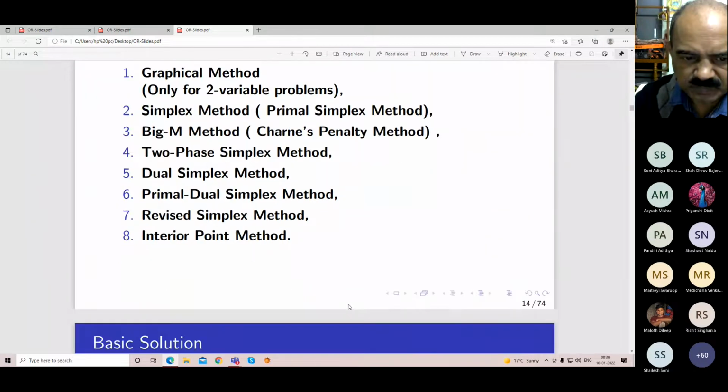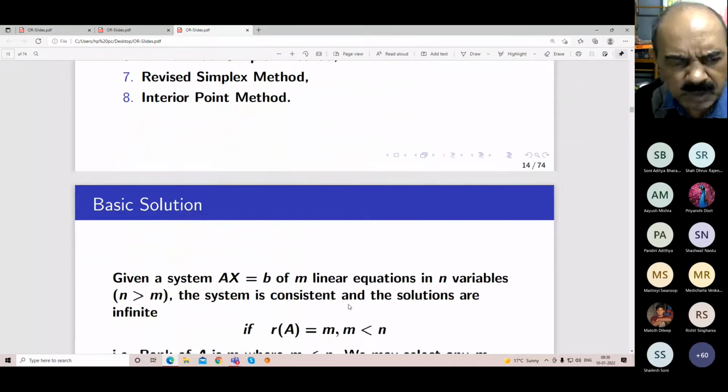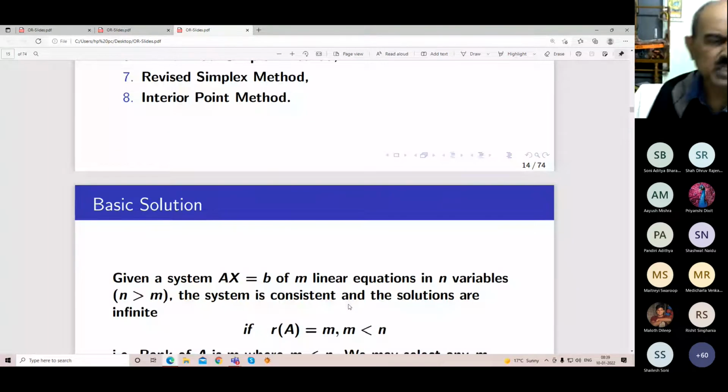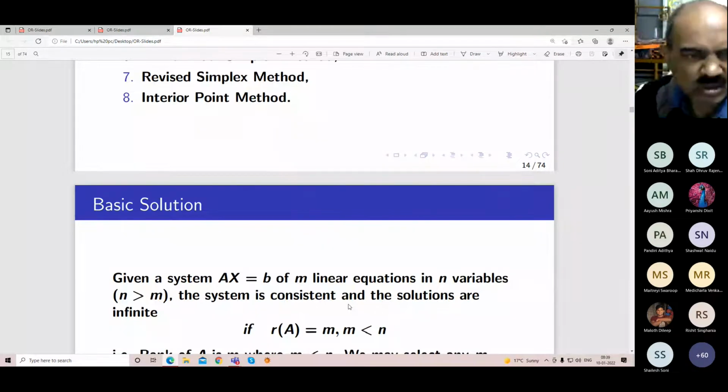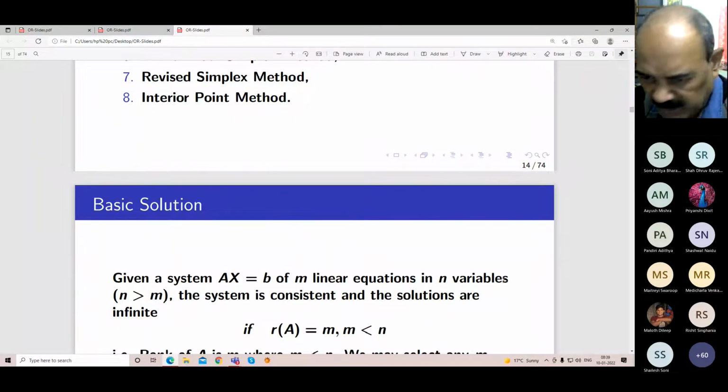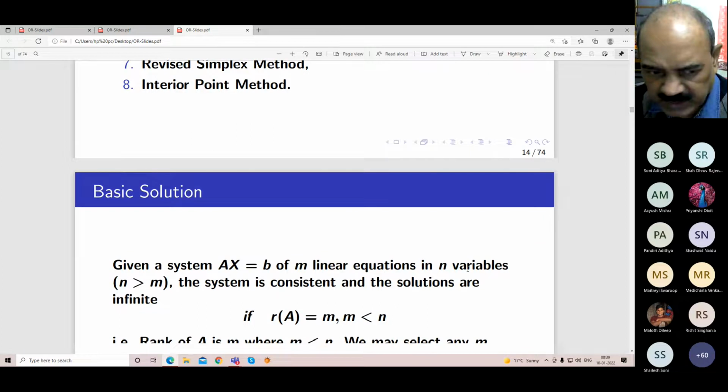See, before this method, I was telling about the basic solution. There is a system of linear equations, and you have a solution. With respect to solution, we have the basic solution, and then we also have a basic feasible solution. Now we'll discuss the basic solution a little, before going to the method. So see here, generally,